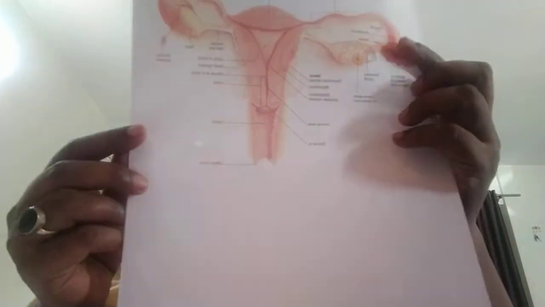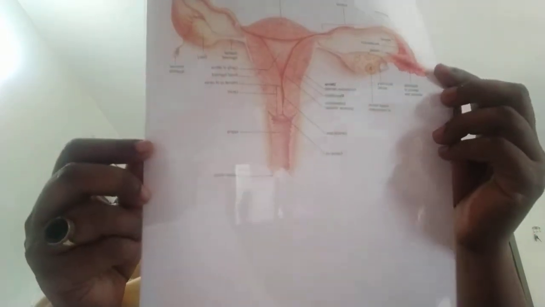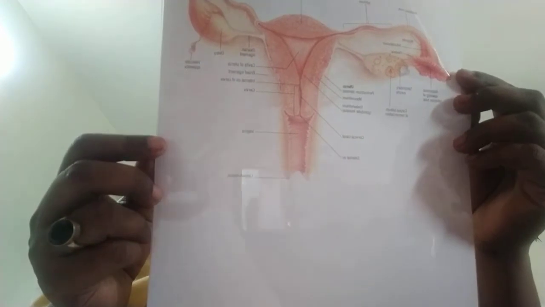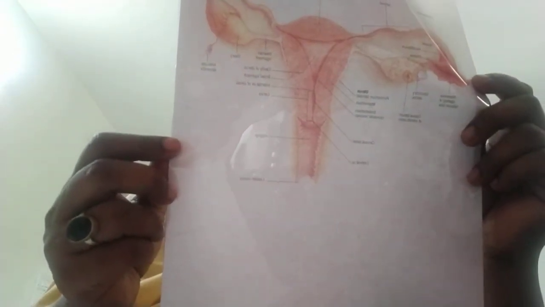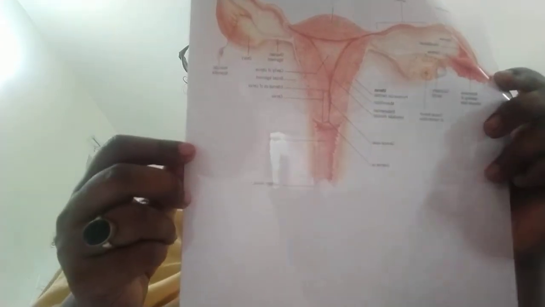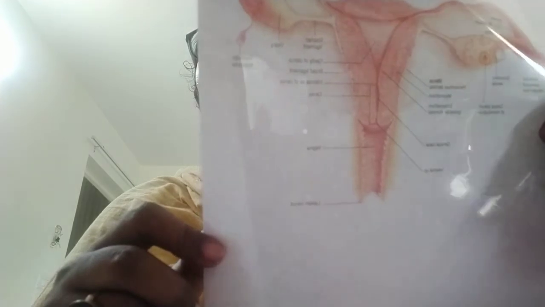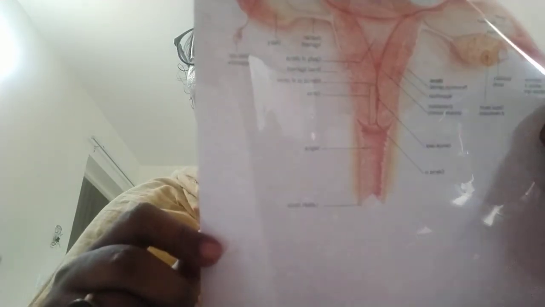Here it is, the ovary. The ovary, one on either side, is a sex gland or gonad in woman, producing ovum and sex hormones during the reproductive period of a woman. Then morphology. The adult ovary is a solid, flat, ovoid gland measuring 3 cm in length, 2 cm in breadth and 1 cm in thickness. Each ovary weighs 5.5 to 10 grams, averaging 7 grams during the reproductive period.